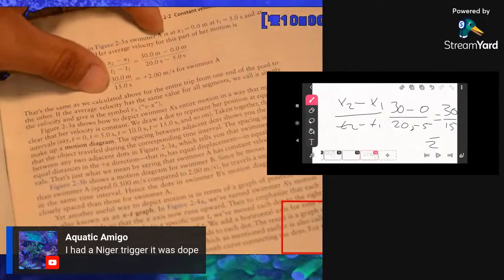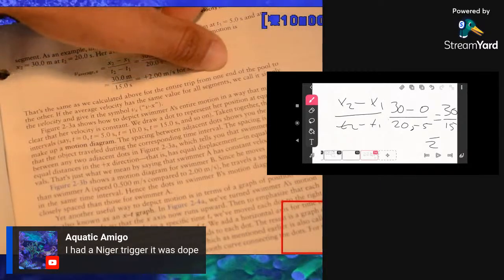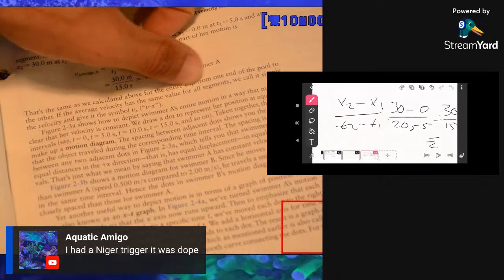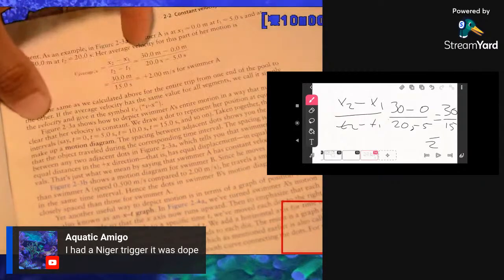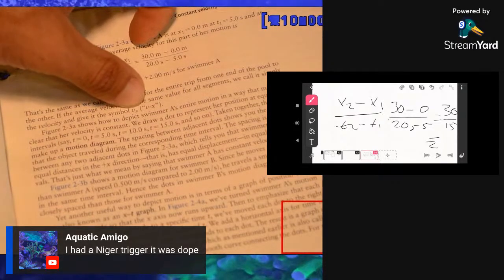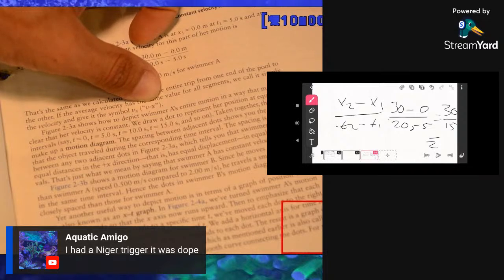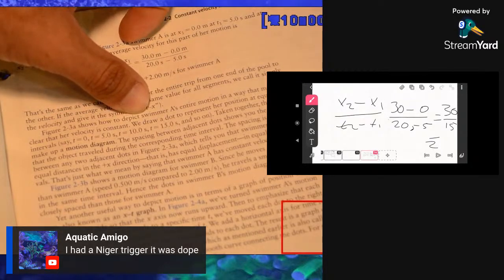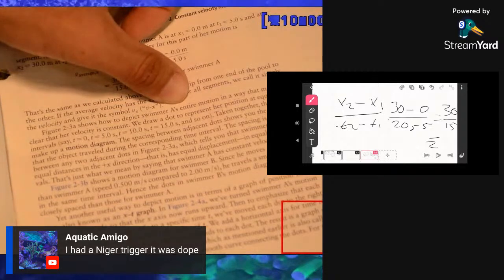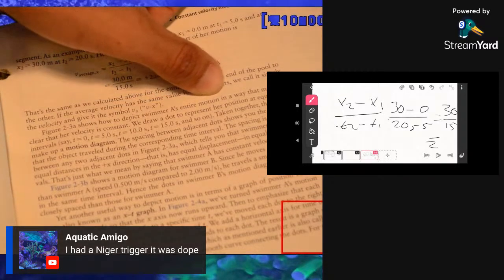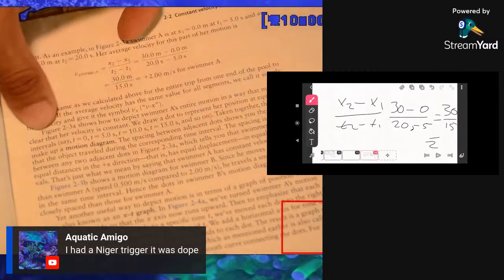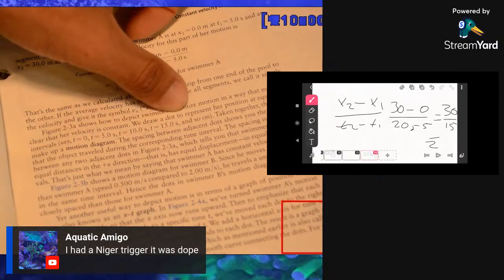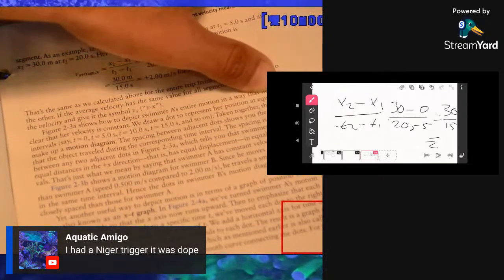That's the same as we calculated above, the entire trip from one end of the pool to the other. The average velocity is the value for the segments that we call simply the velocity, giving it the symbol Vx. This shows how to depict a swimmer's entire motion in a way that makes it clear that the velocity is consistent. We draw a dot to represent her position at equal time